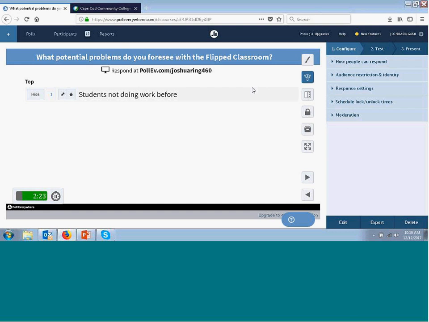Oftentimes I'll have one or two students who are just not willing to do the work before class. We're going to have students who aren't willing to do anything, so if it's a couple of students, I don't think that's unique to the flipped classroom. It's a problem with some students who aren't willing to do it. But what I have found is I explain to them on the very first day, in fact, I use something like this with clickers,